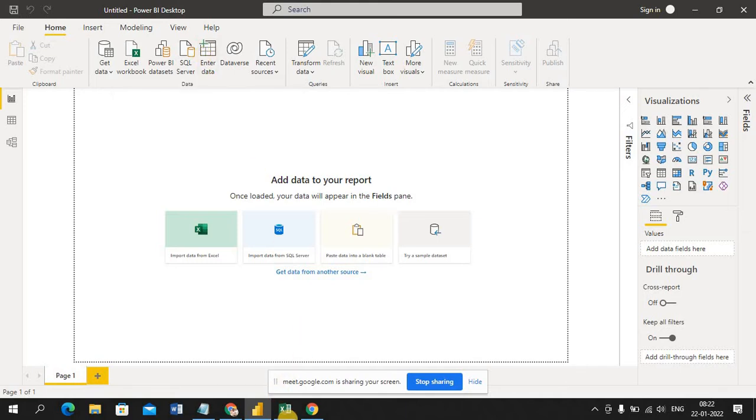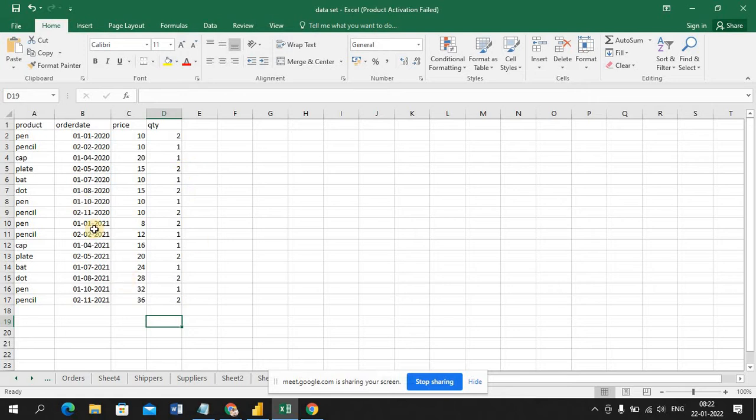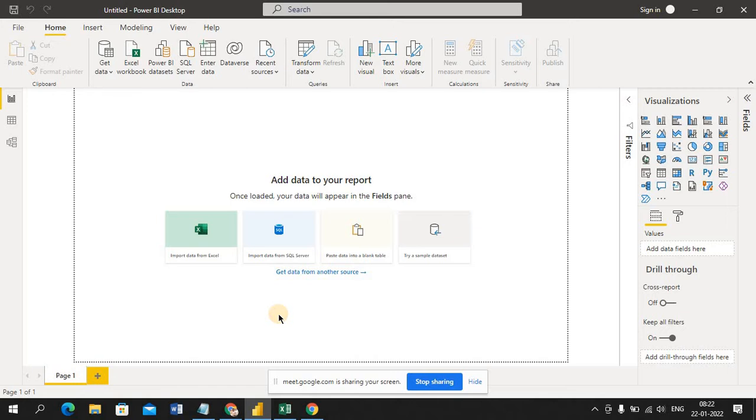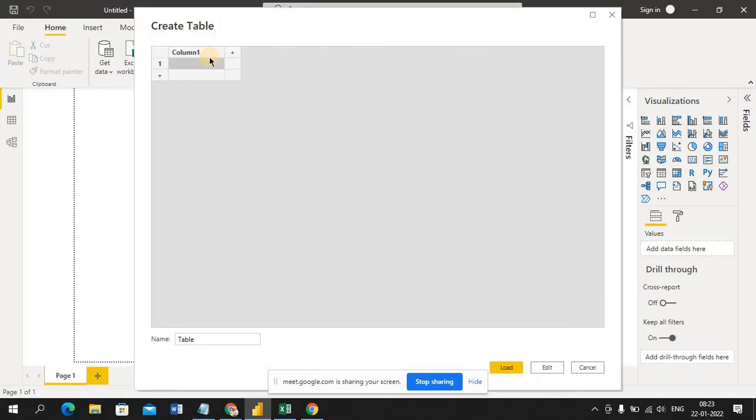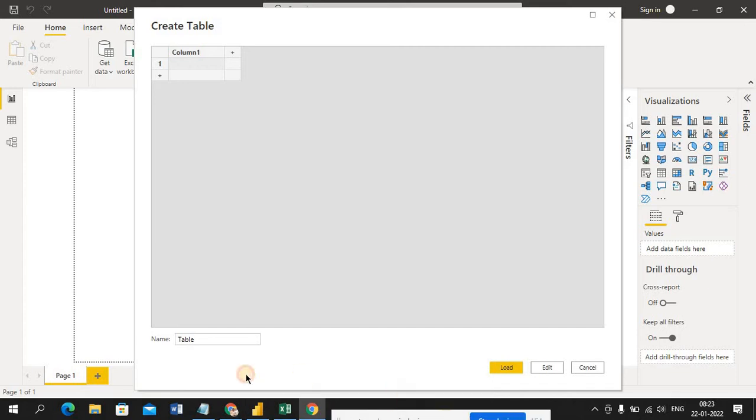Okay, I am not loading any data here, I am creating a table in Power BI itself. Okay, so it's called an island table, I am creating the table. So it is not coming from any database or any source. Okay, I am creating my own table for my requirement. So enter data, just click on this enter data. So you can see here the column, and it's showing name of the table, I am giving Calendar.